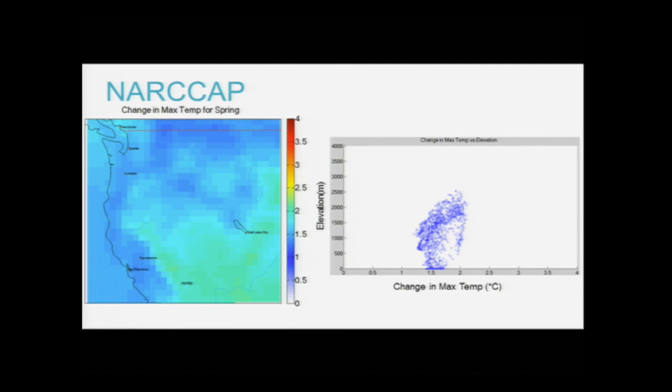So now looking at some figures, this is the first one from NARCAP, and this is a look at the change in max temperature for spring. I used March, April, and May for spring, and we're starting to look at laser pointer. Okay. So we're starting to look for spatial patterns here, and one that's immediately identifiable is Sierra Nevadas. We can see that as we go up the Sierra Nevadas, we're seeing an increase in change in temperature, and